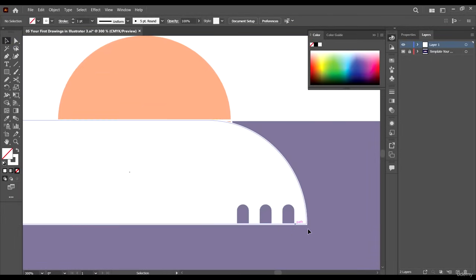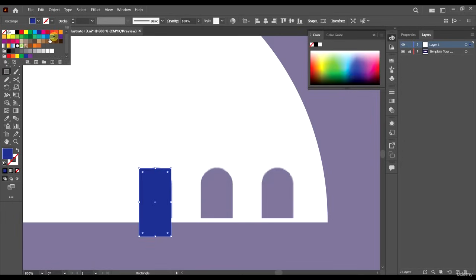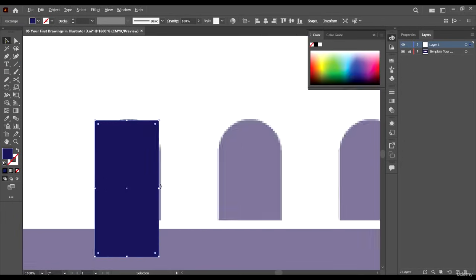For this part, I'm going to create a rectangle and drag it out like this. Give it a purple color, and stretch it out a bit.